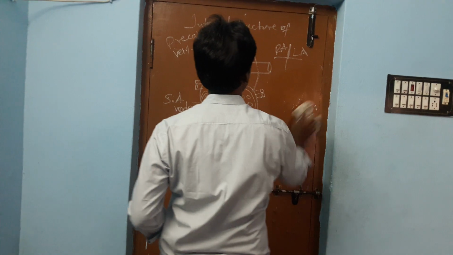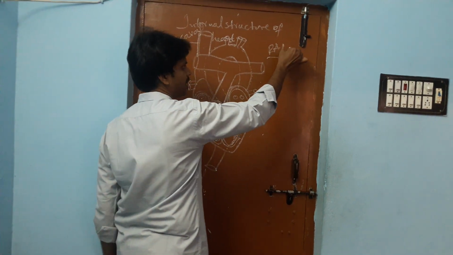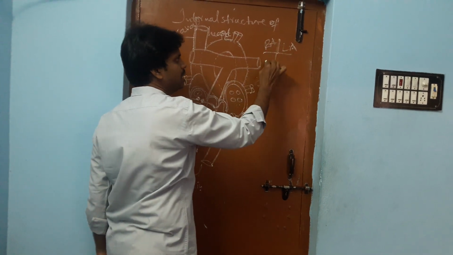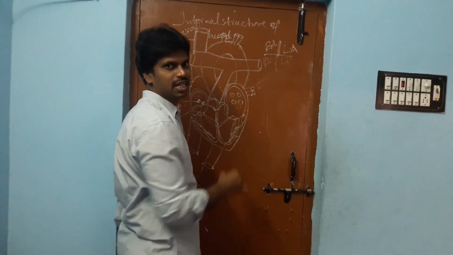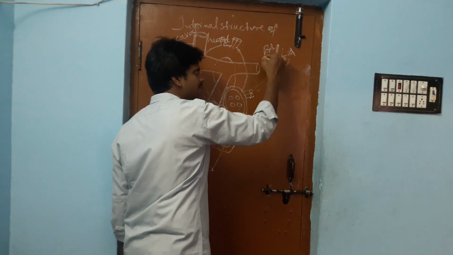Interauricular septum. Simple to understand. Septum means a wall that separates. Inter means in between. Auricles are separated by the interauricular septum. Similarly, ventricles are separated by the interventricular septum. This is the interventricular septum. Auricles and ventricles are separated by